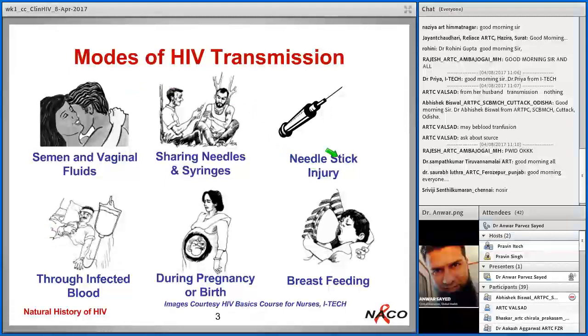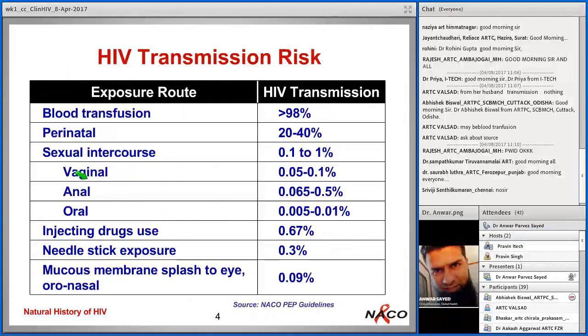be in a better position to explain to people, especially in needle stick injuries and also in case of pregnant women and breastfeeding women, because the counseling is the most important thing in these three at least. Of course, the rest is important, but these three, you need more knowledge for explaining to these people regarding transmission risk. Now this is a slide which I was talking about. You need to remember at least some numbers.